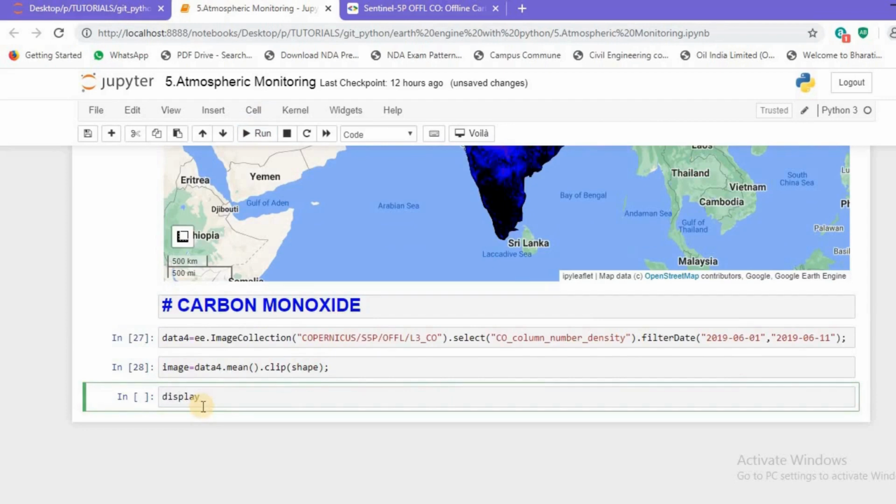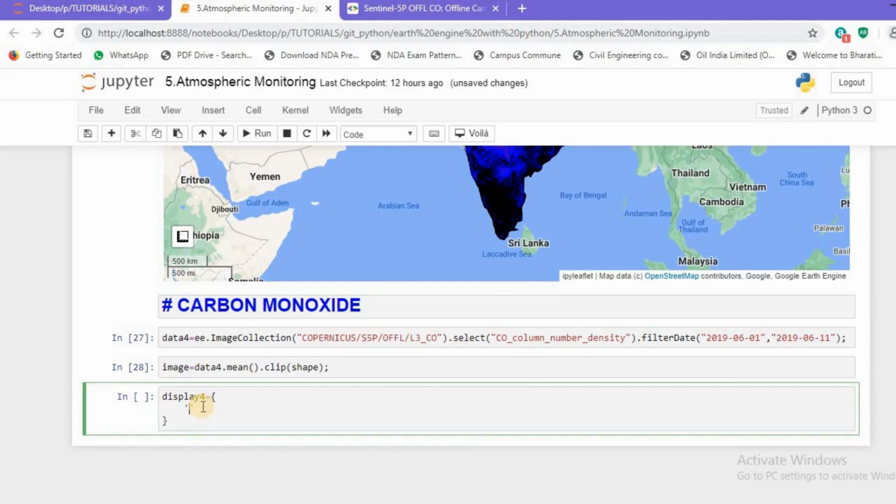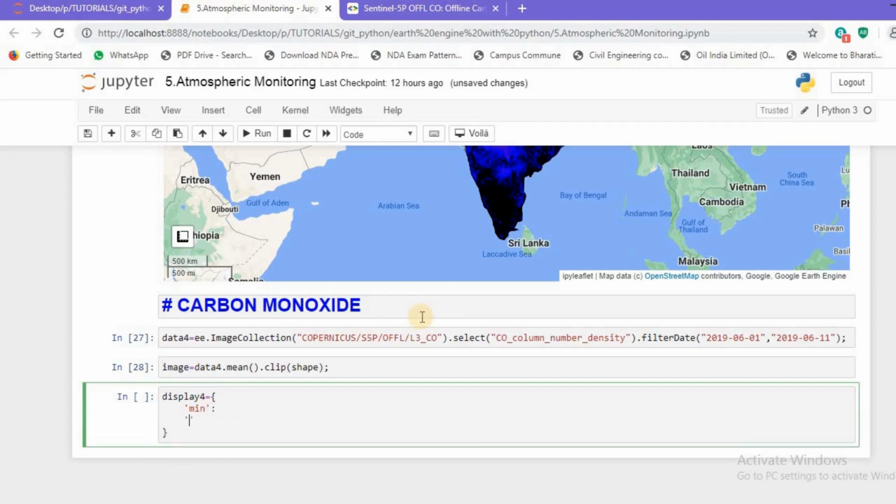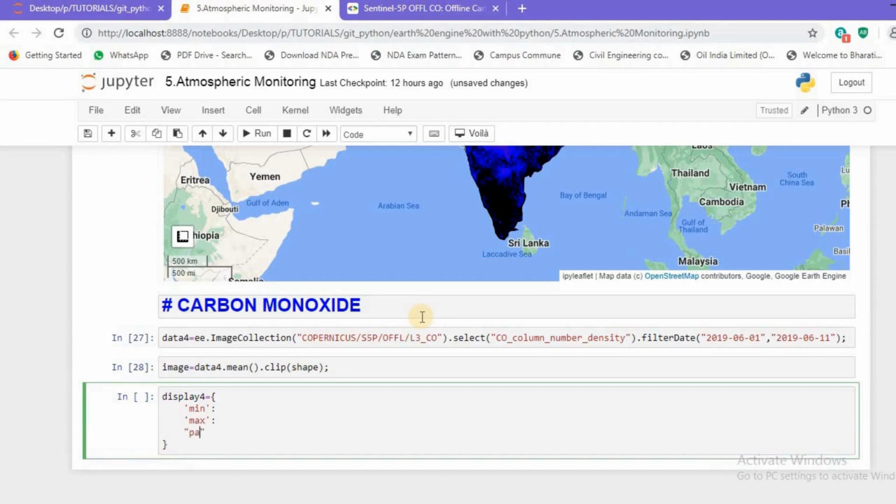Let's create another display variable, and for that I'll be using similar parameters like minimum, then a parameter maximum, and then a parameter palette. That's it.